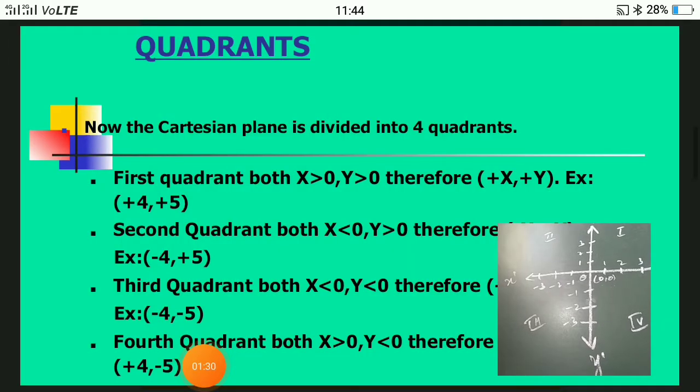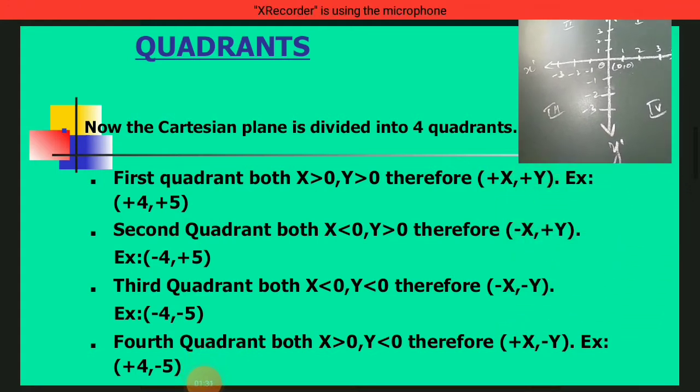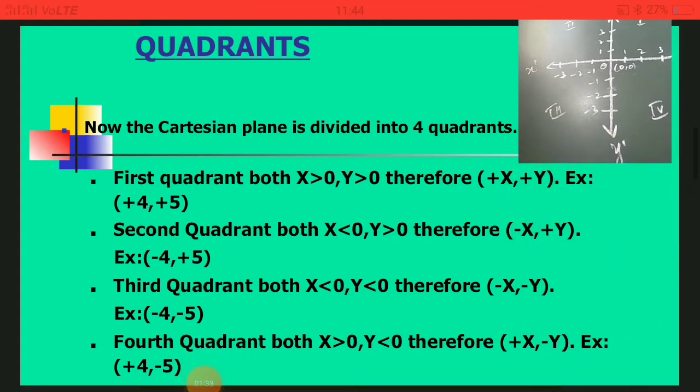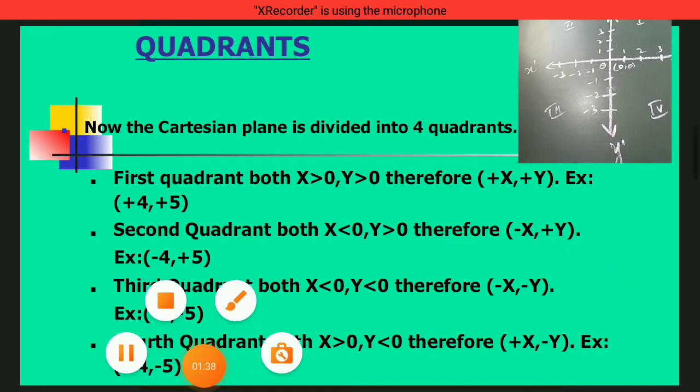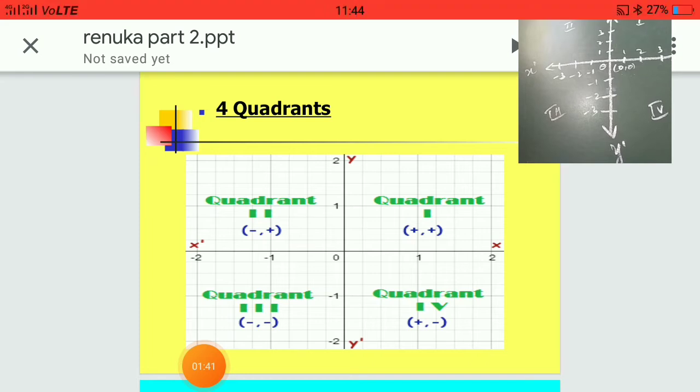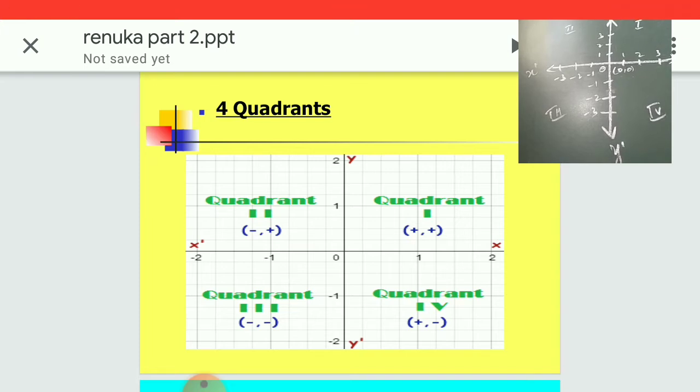Here is the definition regarding the quadrants. You can just copy in your notes directly. You can draw this 4 quadrants figure in your notes directly without using a graph sheet. Okay children, use the scale of 1 centimeter for 1 unit and then draw in your notes directly, or else if you are interested to use graph paper, you can do it on the graph paper and paste it in the notes.